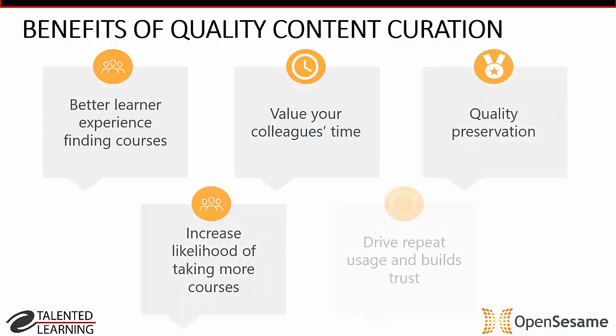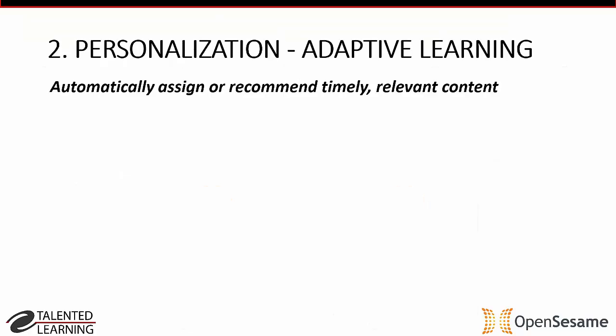why not just offer 10,000, 20,000, 50,000 courses available to learners, which is a good thing to do. And the thought of curating through all of that seems overwhelming. But the answer is pretty simple. First and foremost, when you curate content, again, it makes it easy for your learners to find what they're looking for. It's all about that accessibility and the content coming to them.